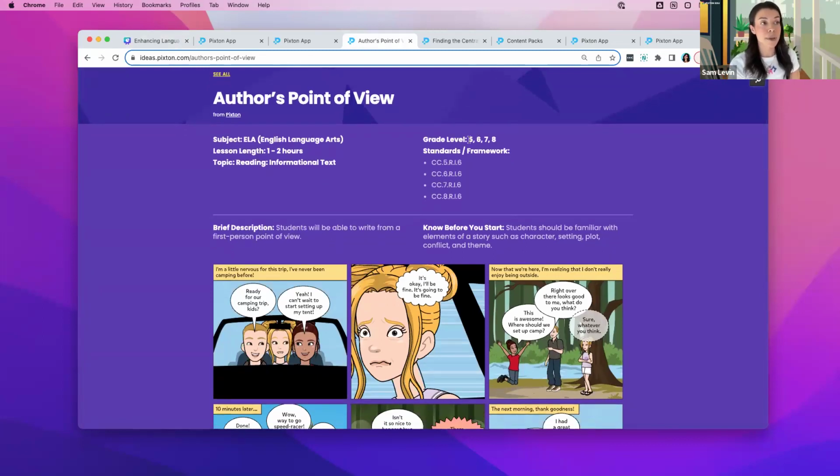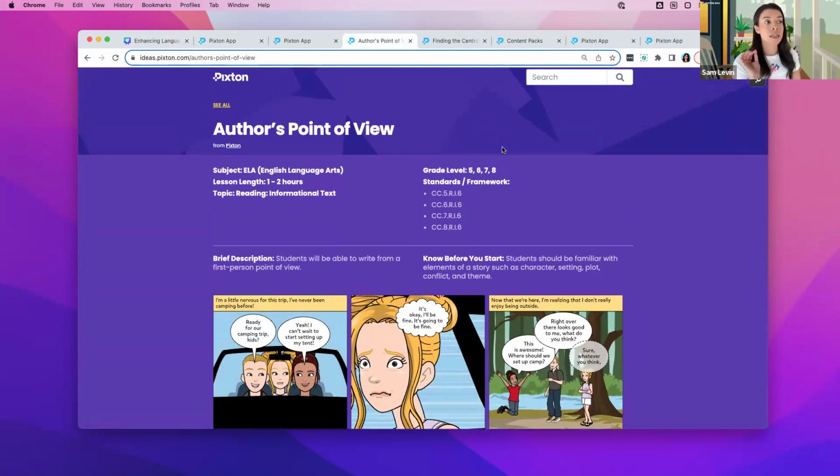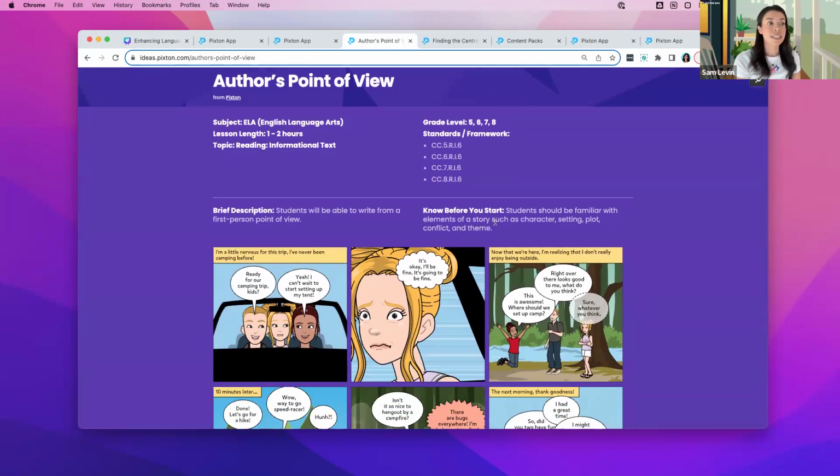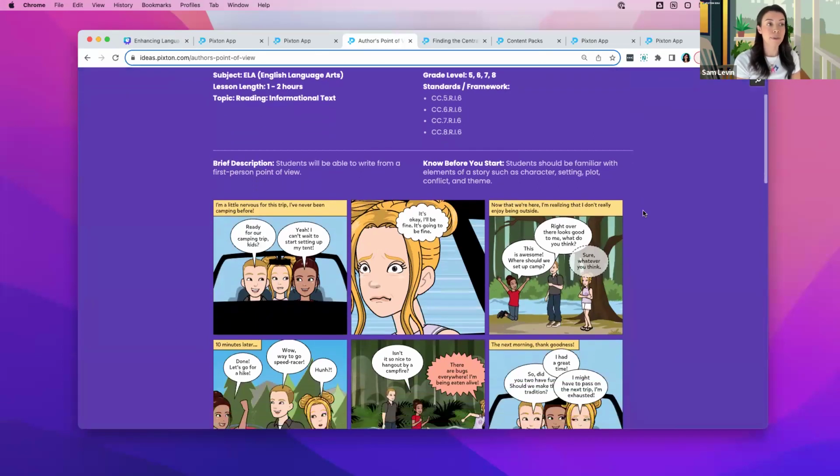This is typically for middle school ages, but I do want to point out that even though our lessons have grade levels, it doesn't mean you can't use it with whatever grade level you're teaching. And there's definitely ways to modify the lessons to make them more relatable to the age group that you're dealing with. So it says here, students should be familiar with elements of a story, such as character, setting, plot, conflict,